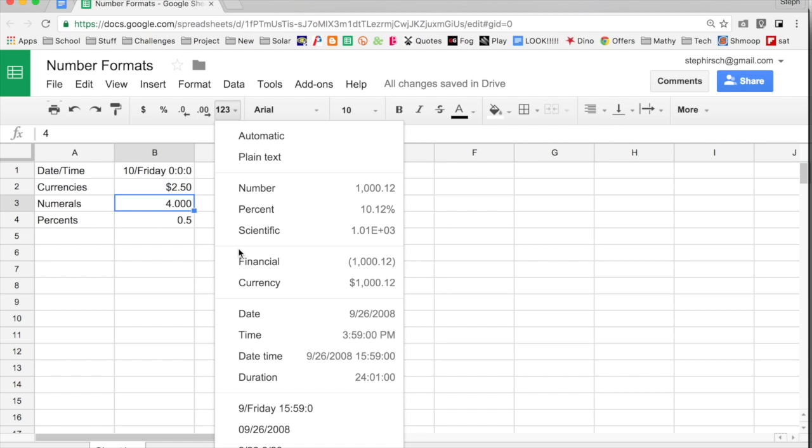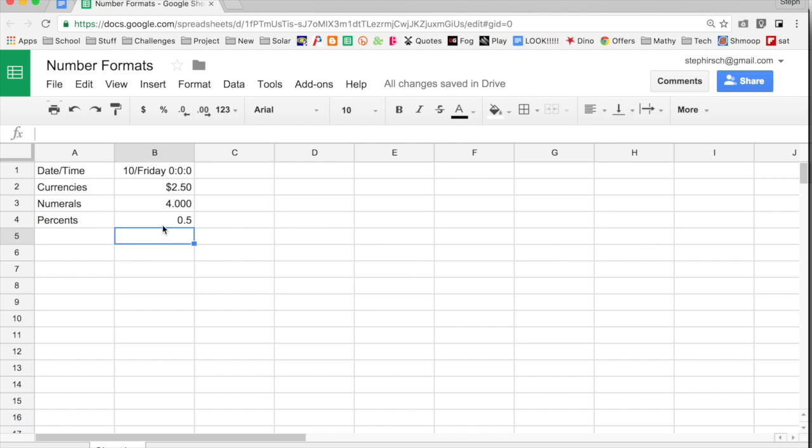Then the last special format I wanted to share was percentages. I have 0.5 written in. So if I really meant not 0.5, I wanted it to be 50%, I have the quick button to say Format as Percent. Now it automatically does the percent with 2 decimal places and uses the percent sign there. If I don't like that, I can always change my formatting